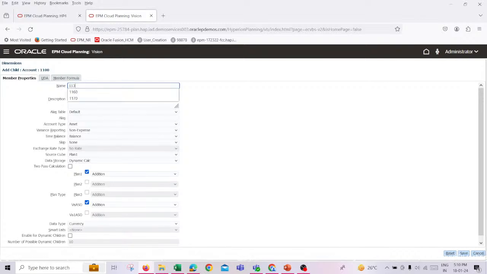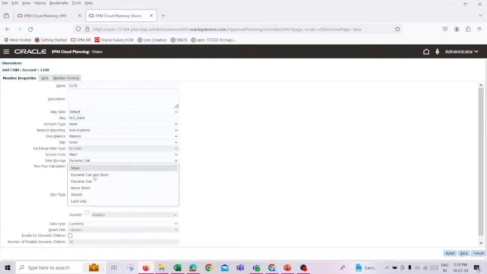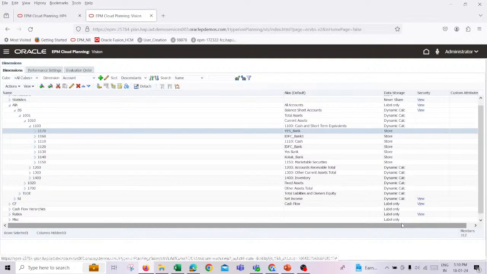I'll name it as 1170. Just keep in mind that there should be no overlapping between the name convention which you're giving it. I'll name the alias name as Yes Bank. Just check once the member properties what all was there, and then select the data storage as store, because again it is the child of 1100. Now save it. After adding the new members in the application, you have to refresh the database,